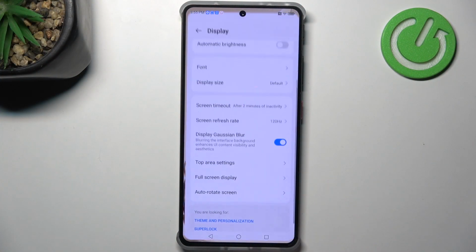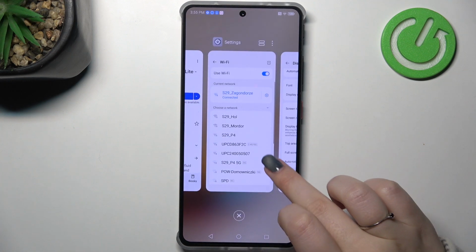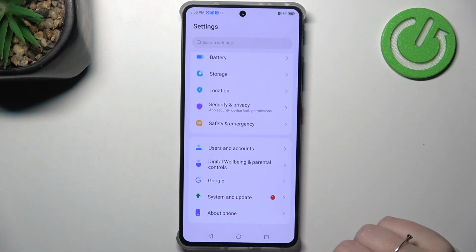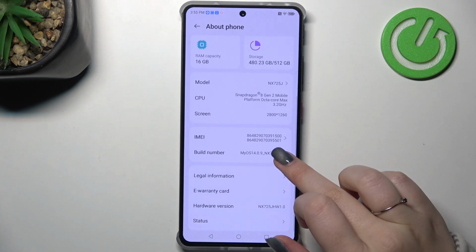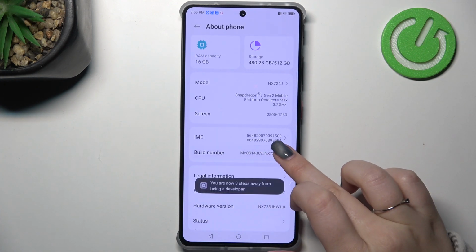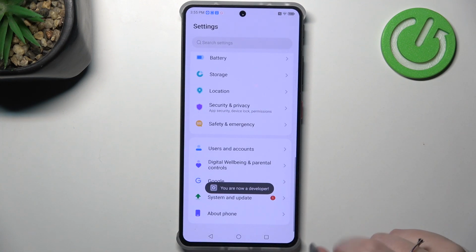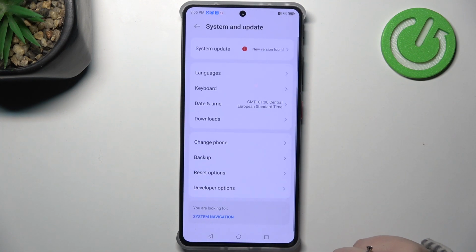So let's start with opening the settings, and in this general list we have to scroll down to the very bottom and find About Phone. Now we have to scroll down, localize build number, and keep tapping on it until you'll see that you're in the developer mode. So now we can go back to the general settings and enter system and update and tap